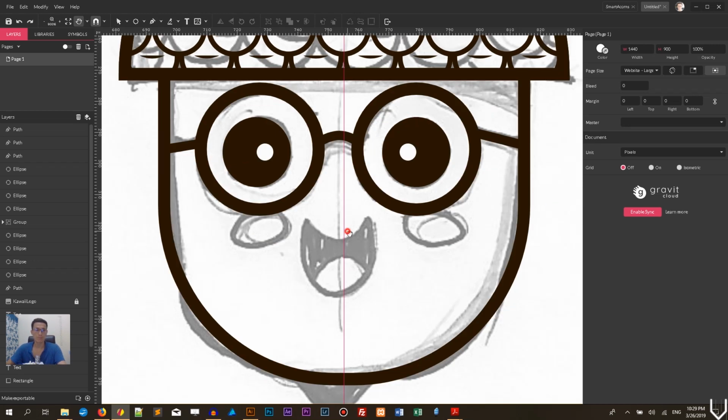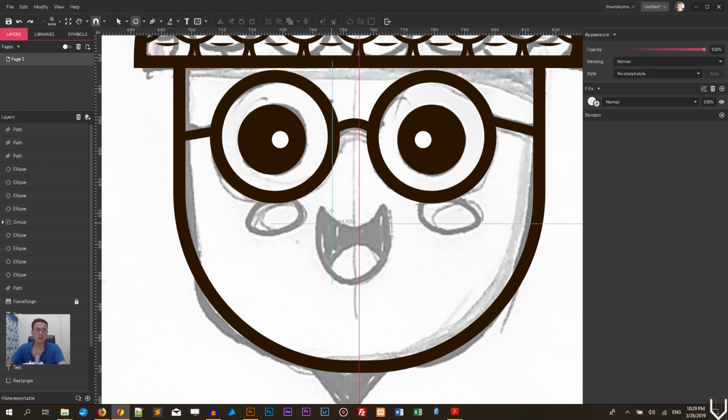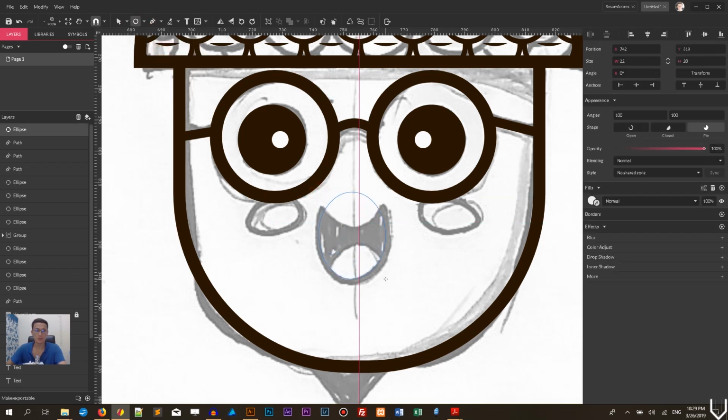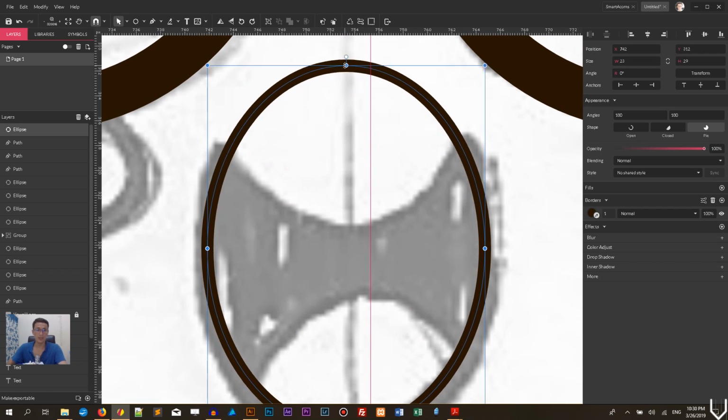Right now I'm in the mouth layer. I want to draw the mouth by using the ellipse tool again. So grab the ellipse tool and draw the ellipse just as I showed you. The height of this ellipse is almost twice bigger than the width. Introduce the border so you can see what is going on here, and set this border to the appropriate color to increase the height of my